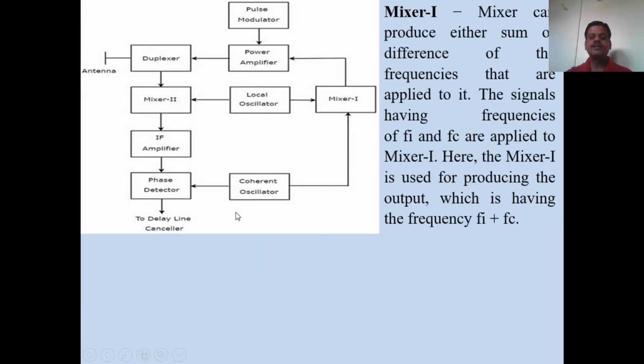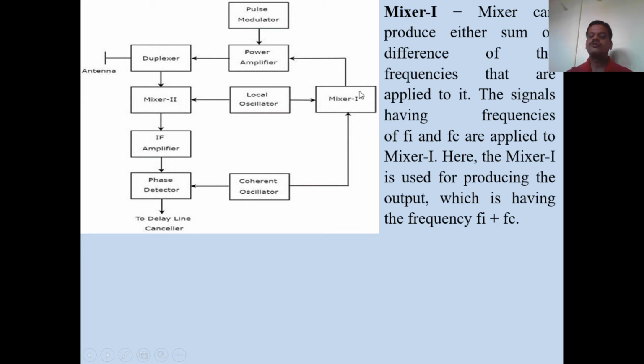Okay, then the function of mixer 1. The function of a mixer is to mix two frequencies and produce the difference of the frequencies. So this mixer 1 produces the difference of the frequencies that are applied to it. Here two frequencies are applied to mixer 1: one from the local oscillator, another from the coherent oscillator. Therefore, this mixer 1 produces the difference of these two frequencies, that is Fi minus Fc,